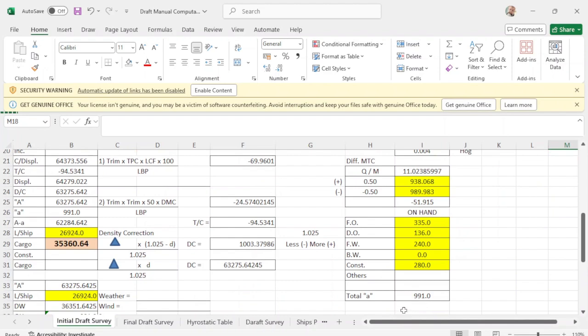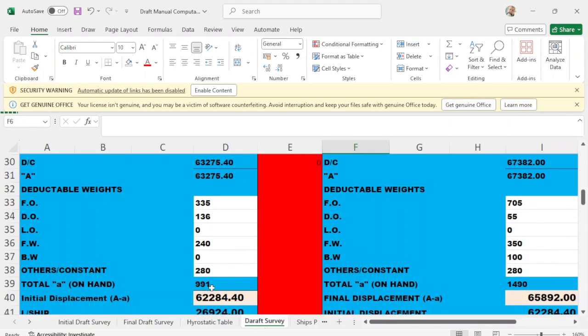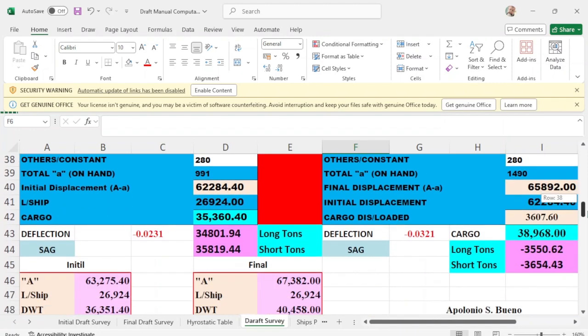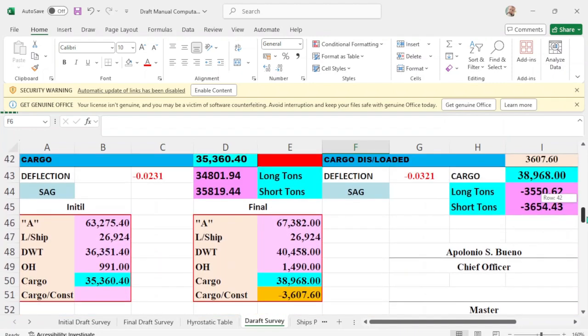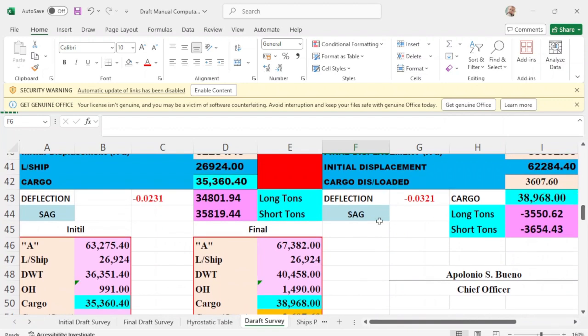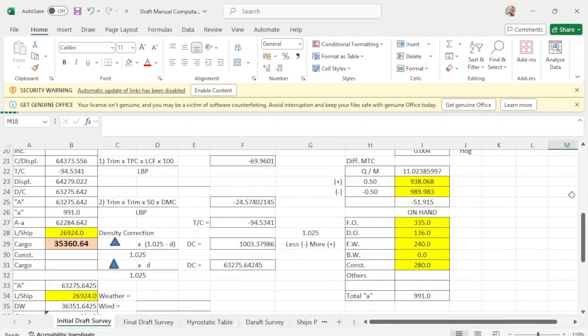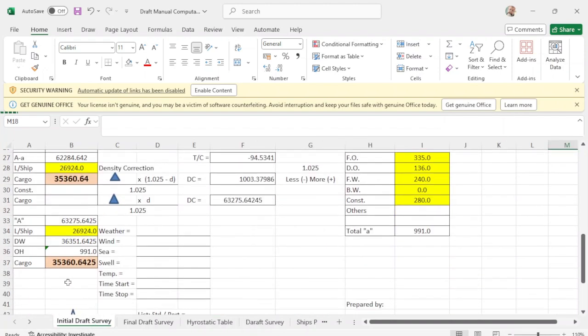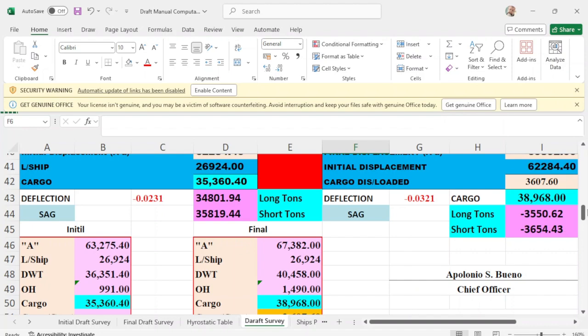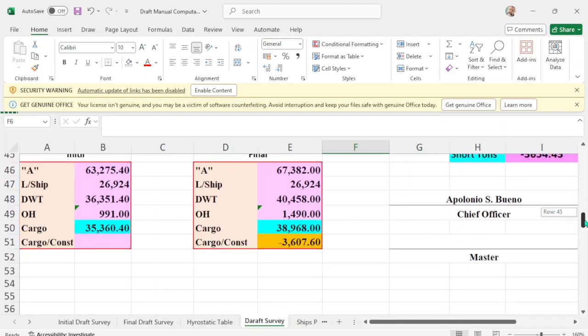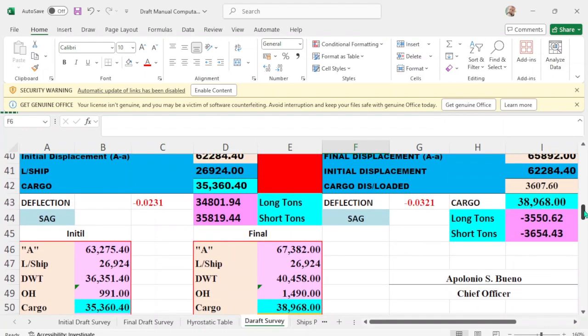That the total is 991, and the total is 991 here, and the total cargo of my initial is 353640, which is this one, 36046, but I get 40, okay, and I have here 353640, and this is for checking.